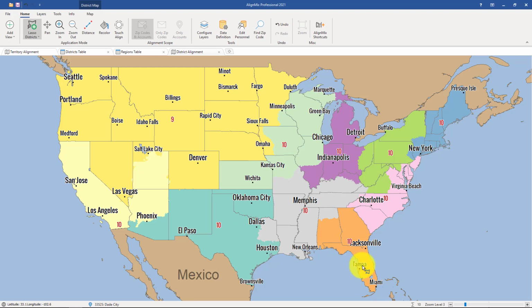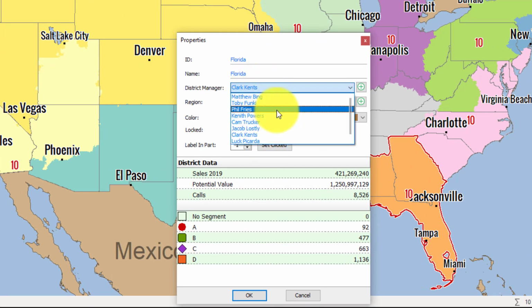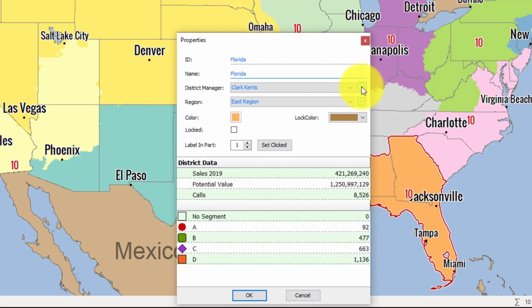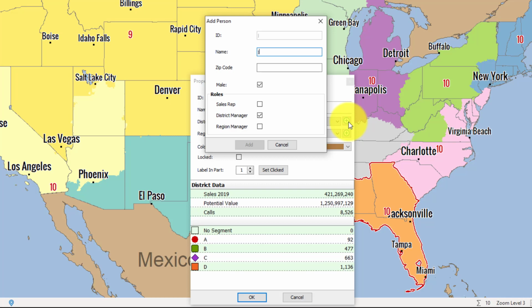So now we can right-click on a district and go to Properties, and here you will see a drop-down menu showing the current district manager, and here in the drop-down list you will see the names of every person that has the role of district manager assigned to them. And again, you would have that list appear based on the import or by manually creating that assignment in Edit Personnel. But you can also create a new manager from this view by clicking on the green plus button here, and you can type in the name of that manager and then also their home zip code,